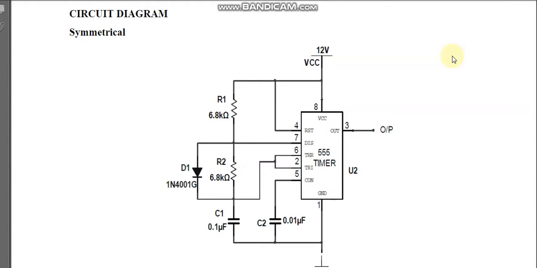You have a control voltage, that is pin number 5, to control the voltages, that is, the height of your pulses. From pin 5 to pin 1 we have connected a capacitor, and pin number 1 is ground. Directly connect pin 1 to the ground. Don't connect pin number 5 as a ground. Directly take pin 1 to the ground and connect the other capacitors, C1 and C2, to pin number 1. And pin number 3 is the output.